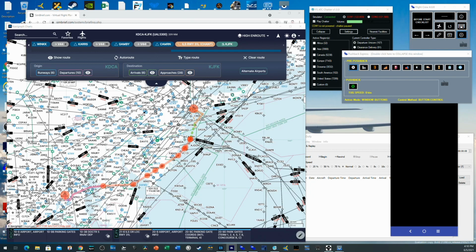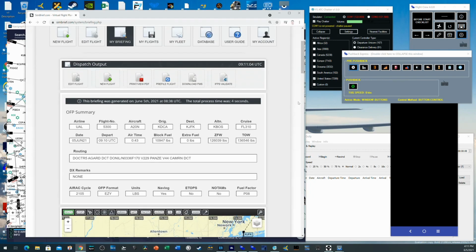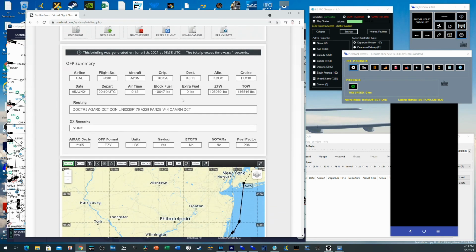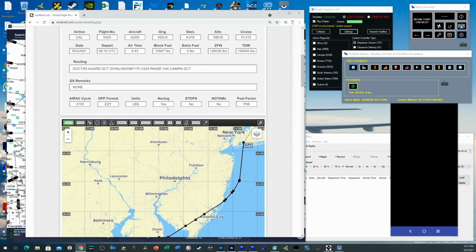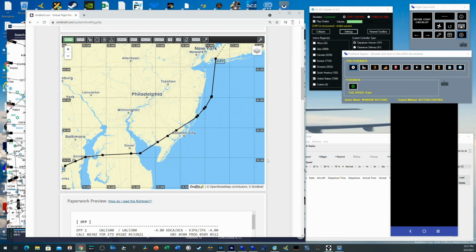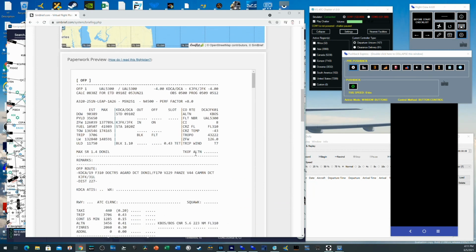Okay, we have set up a flight here in SimBrief. As you can see, I don't want to go through the details, but here from Ronald Reagan KDCA to KJFK, this is the flight plan, the waypoints, and this is what it looks like. And then this is the generated OFP in SimBrief. So we already generated the OFP ready to be uploaded into